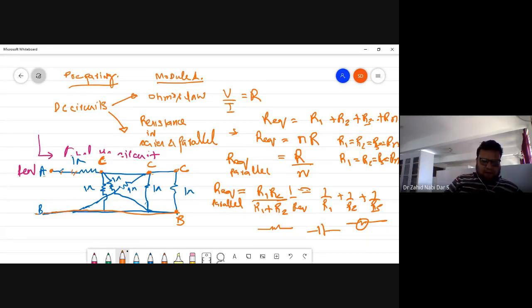If you see this point, this 1 ohm resistance is connected between C and B, and this 1 ohm is also connected between C and B. So that means this 1 ohm and this 1 ohm are in parallel. Now you see this 1 ohm is connected between C and B, and this 1 ohm is also connected between C and B, so this is also in parallel. So what you notice is that these four resistances are in parallel. Now if you get the parallel answer, then this parallel combination is in series with this, and this series combination is again in series with this. So you have to label it.